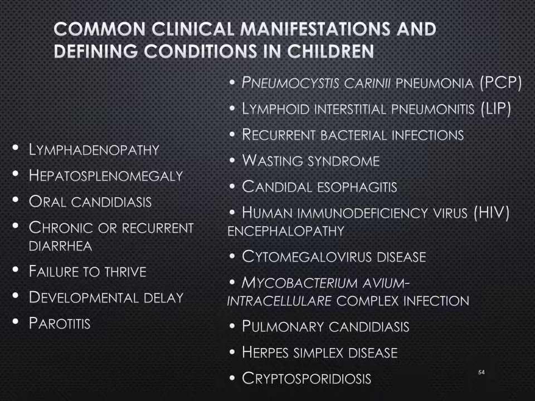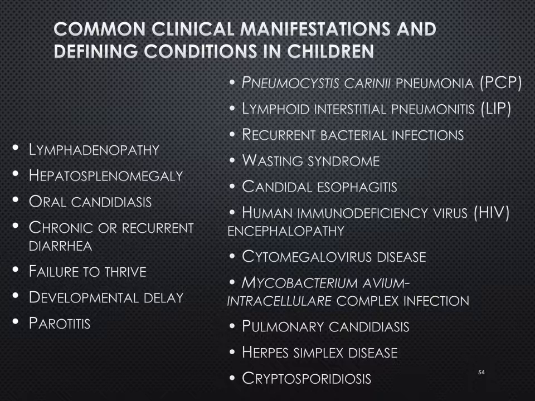Some of the common clinical manifestations are lymphadenopathy, hepatosplenomegaly, and oral candidiasis. Oral candidiasis is one of the opportunistic diseases, although if it happens in an infant, we don't necessarily say that it's being caused by their immune problem, because it could be that the family just isn't cleaning the bottles well enough. Also chronic or recurrent diarrhea, failure to thrive, developmental delay, and